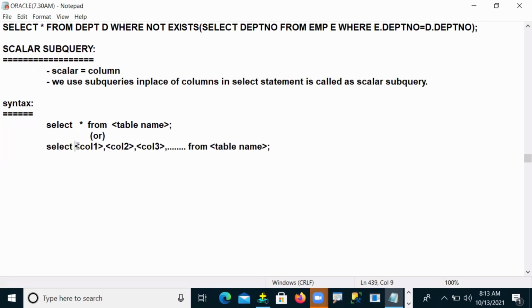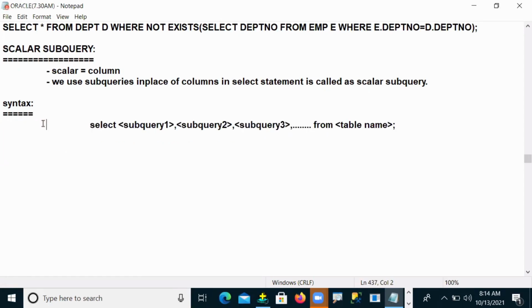But in place of column name, now I need to write subqueries. For example, in column 1 position I'm writing subquery 1, in column 2 position subquery 2, in column 3 position subquery 3, and so on. This is called scalar subquery syntax.